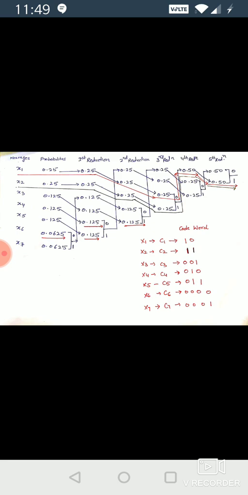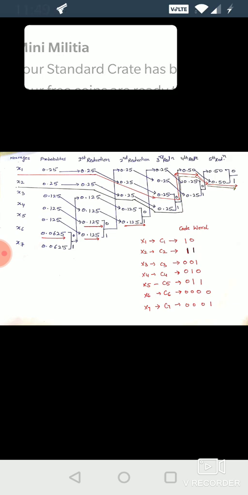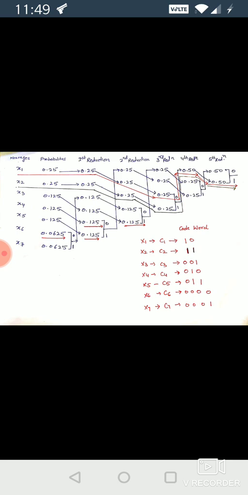And hence now we have to assign a symbol for this message x2, and its code is equal to C2. Now we can see this path and have to assign the symbol from right to left, and in fifth reduction the symbol assigned to this 0.50 is equal to 1, and we have assigned this 1 and placed it at MSB position, and then move from right to left. And in fourth reduction there is no code assigned to this.